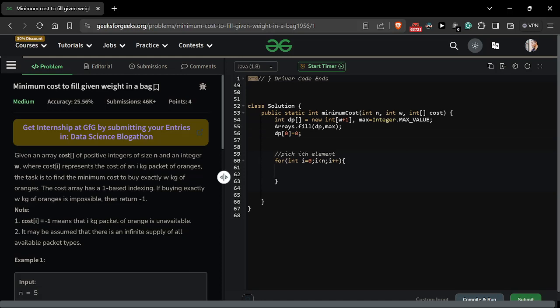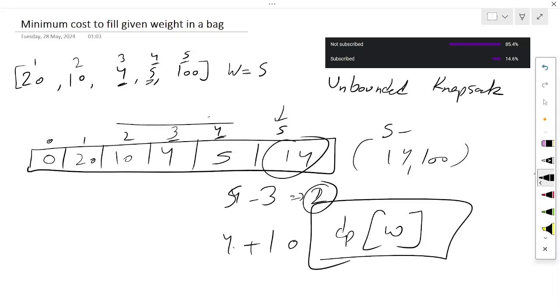Pick the ith element and move till the n minus 1th element. If I pick the ith element, the cost is i plus 1. So I will start the iteration from i plus 1 till w, as I have discussed on the whiteboard.